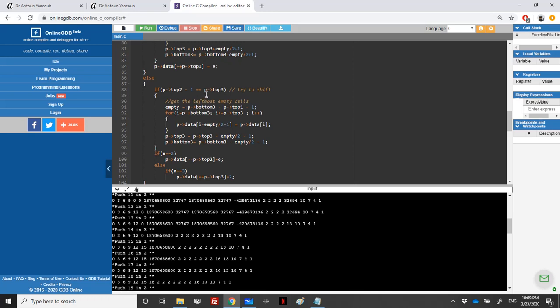Top 3 equals the leftmost. Empty equals bottom 3 minus top 1 minus 1, which is correct. For i equal to p arrow bottom 3, i less than or equal to p top 3, i plus plus. I check p arrow data, i, empty over 2 minus 1 is equal to p arrow data. This is right. p top 3 equals p top 3 minus empty over 2 minus 1, and p bottom 3